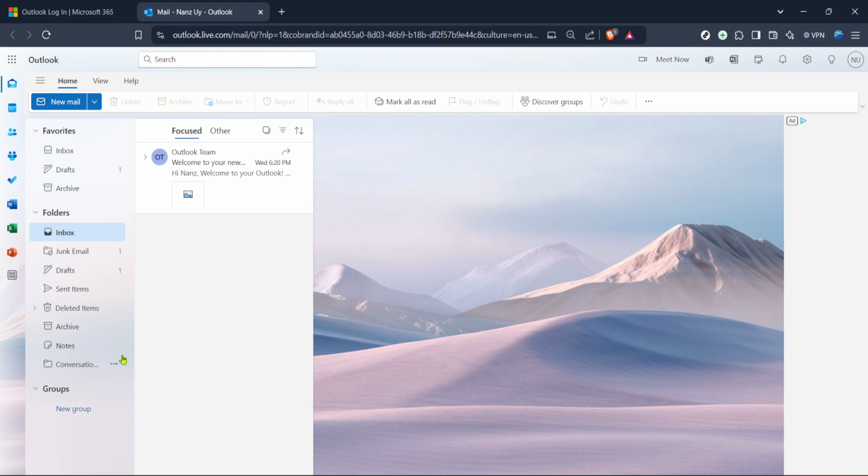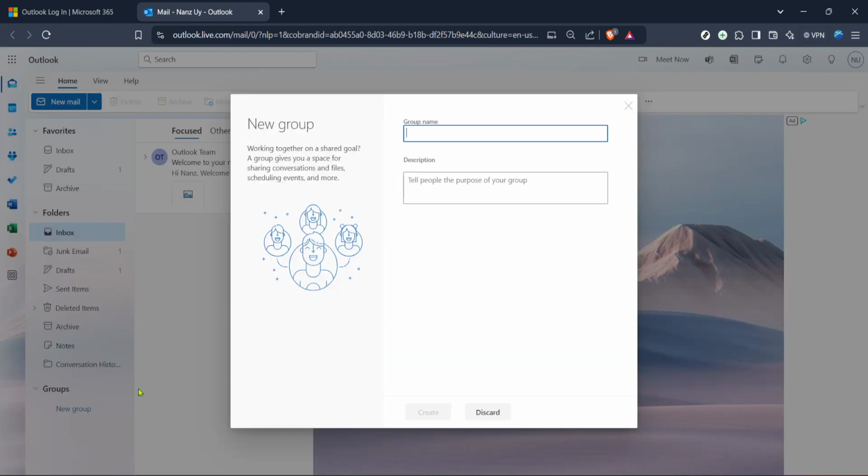Once you are in the groups area, look for a button that says New Group. Clicking on this will prompt a new window or sidebar to slide in, where you're able to enter details for your new group. Think about what you want to name your group, because this is how everyone in the group will identify it. Additionally, adding a description might be useful to outline the group's purpose or any other details you